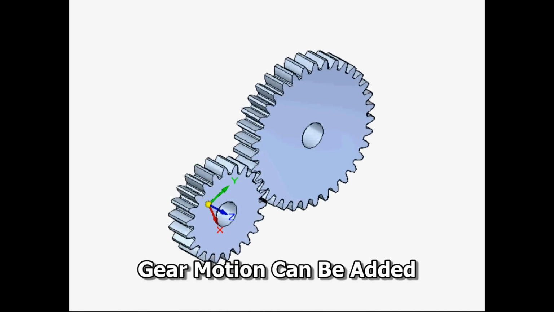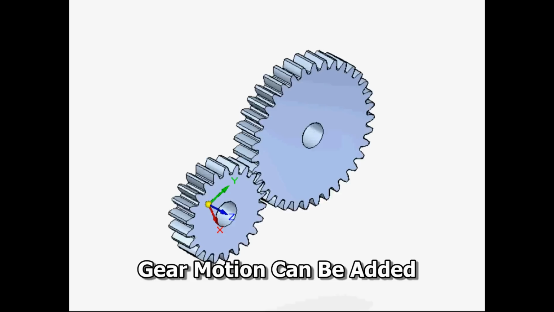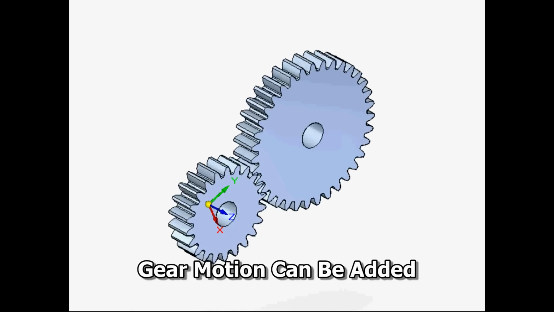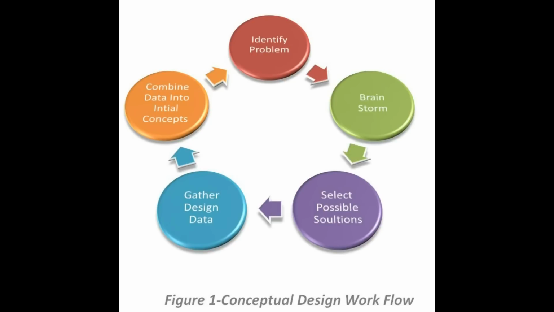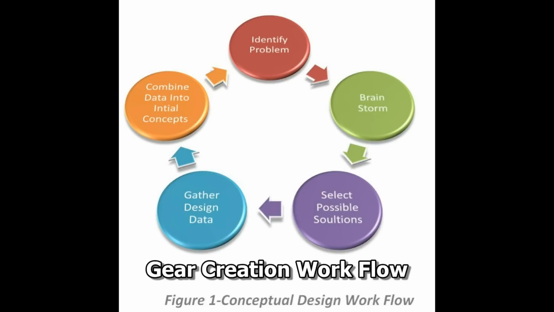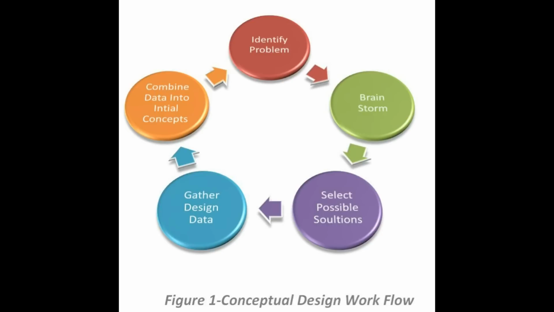In order to create the gears, we use a standard workflow. We identify what type of gears we wish to use. We brainstorm, we find out which gear ratios. If we want to do power, we want to increase speed. Then we look at possible solutions. We gather the information, combine the data, and then we use the gear designer that's built into Solid Edge to